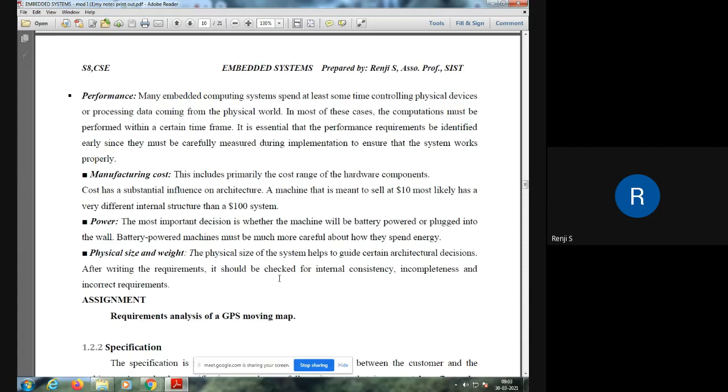So even though they are doing the same functionality, the cost difference will have a considerable impact on the architecture of the machine. The architecture of the $10 machine may be very simple. It may not be able to withstand, or it may not be able to function for a longer time. Whereas a $100 machine might have extra hardware to increase its life.